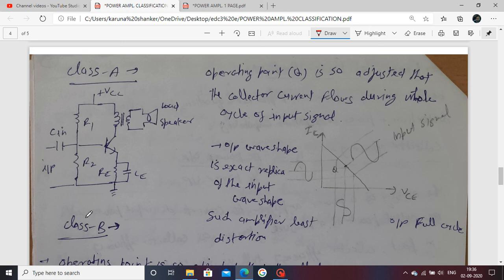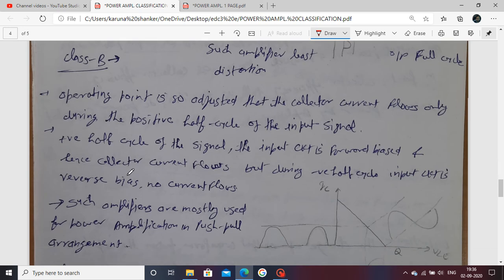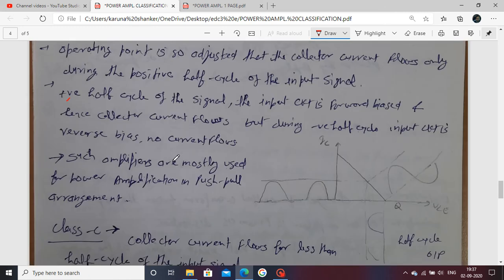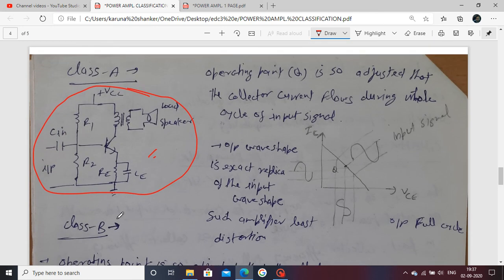You use a class A power amplifier. This circuit is used in all classes of amplifier: it is also used in class B, class C, and class AB. The same circuit is used in every class of amplifier. Now the working is something different. You see here the graph plotted between VC and RC. This is your load line, and the input is provided on the right side. This indicates the Q point.